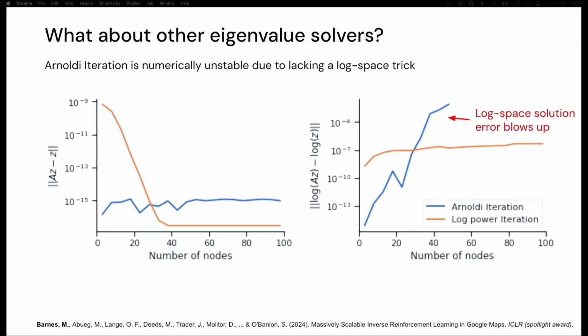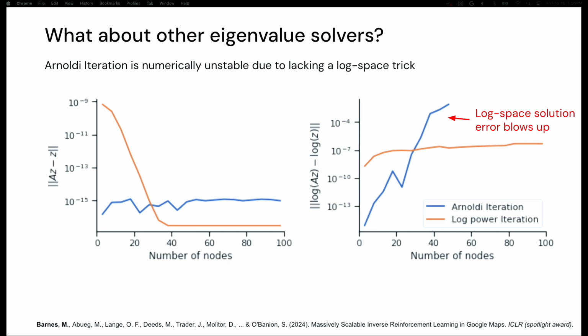As soon as we started thinking about this as power iteration, this led us down this other rich path of other types of eigenvalue solvers. People in the math community actually don't really use power iteration that much. They use something else called Arnoldi iteration, which is much more complex, but it is much faster on most types